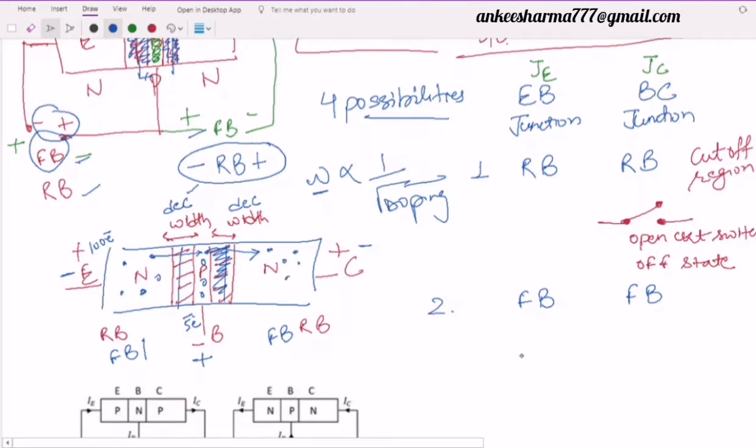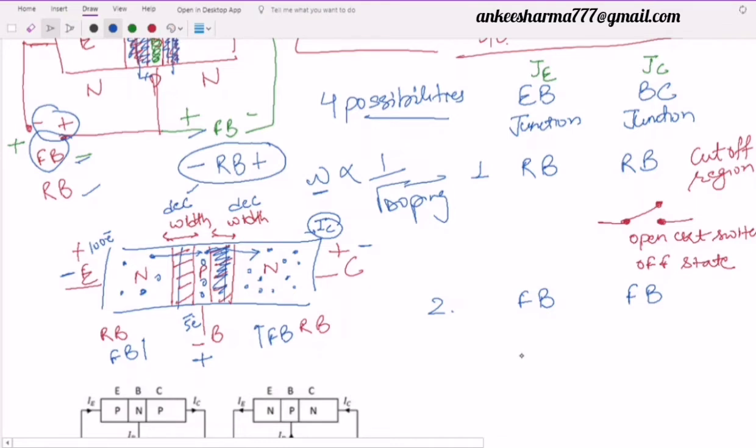We already have a lot of electrons at the collector, but still as the concentration has increased in the P type to be very large, we will see that this diffusion will be there, and as the width has reduced to very small or almost zero, by increasing this forward biasing over here, we can make these electrons reach the collector junction and we will have here a collector current. Or can I say that there will be conduction when both the junctions are forward biased?